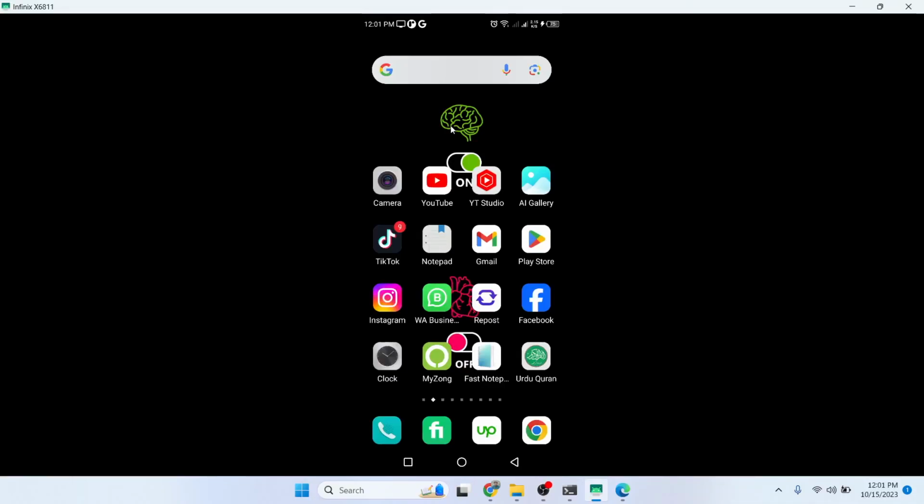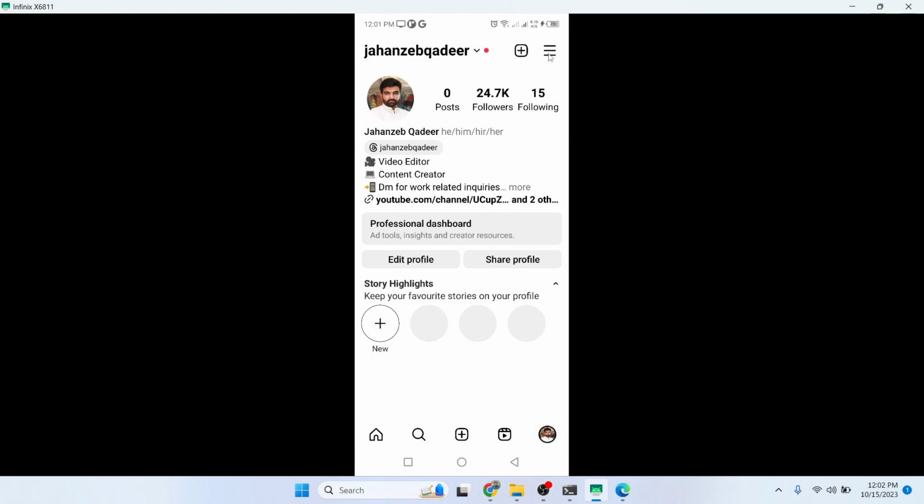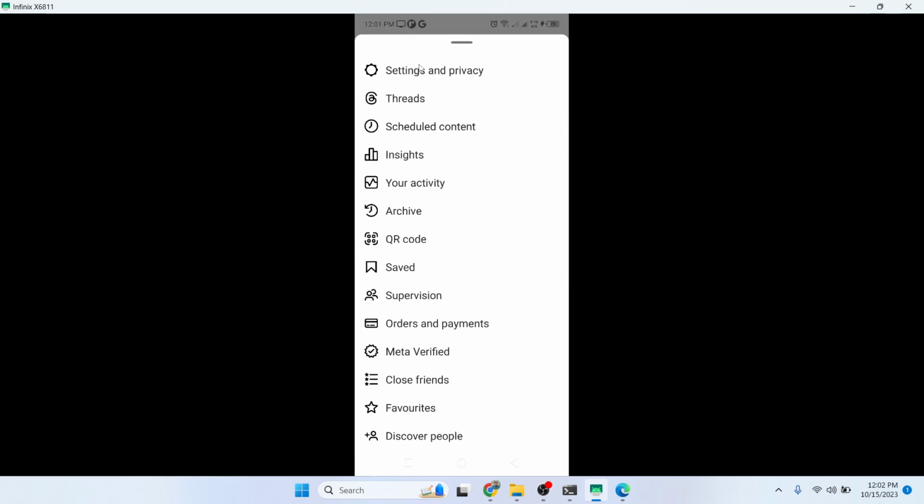In today's video, I'm going to show you how you can change primary country or region on Instagram. So the first step you simply need to do is to open the Instagram application and click on your profile picture in the right bottom corner. Then you need to click on the three bars on the top right and click on settings